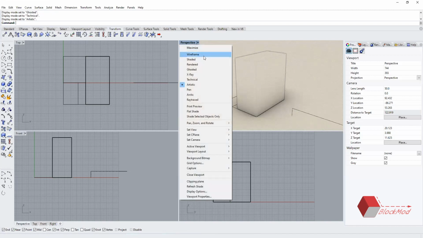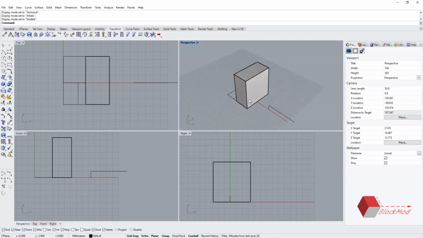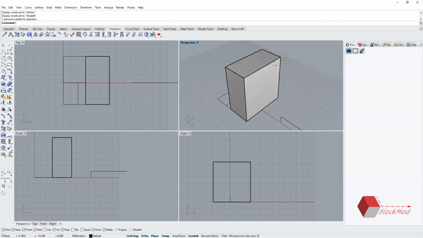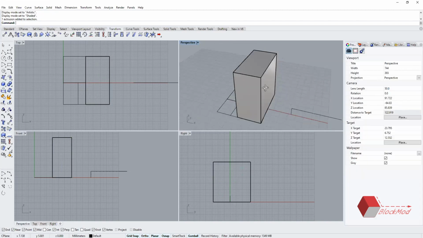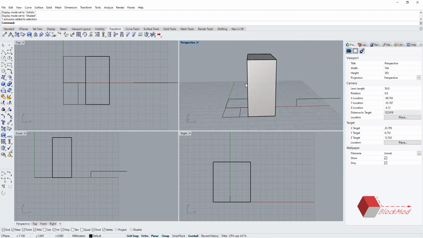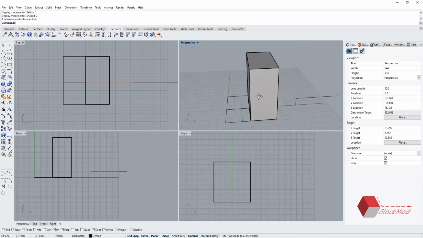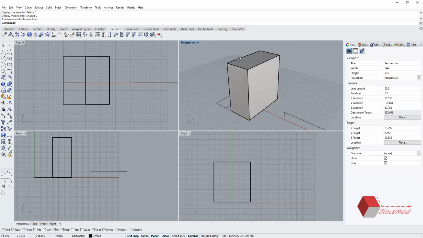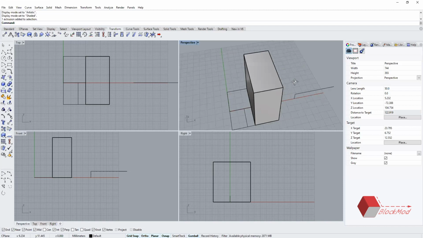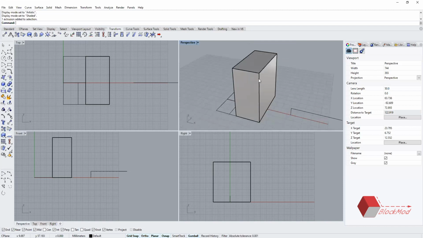Okay. So usually we work on shaded. The reason is you can see the entire mass right now, and also you can see the surfaces, the way they are. Usually you can see some shadow, a bit of reflection, like how the surface would feel. You can get a basic idea. That's the reason people mostly use shaded.